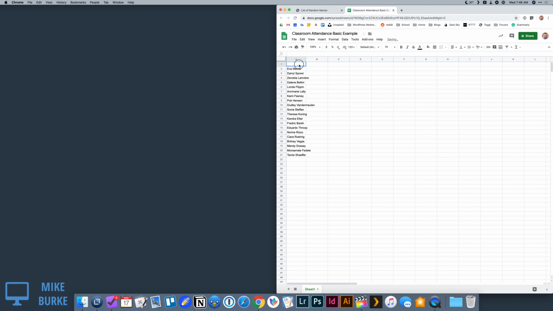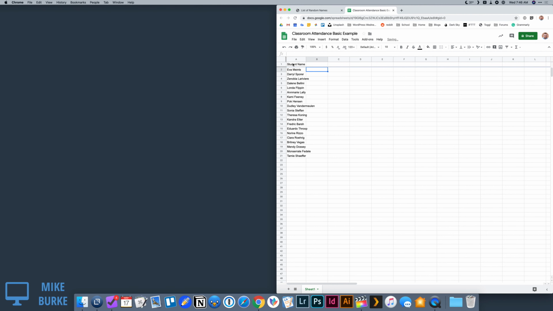And so I'm going to put my header up here, and I'm going to say student name. And a great best practice for spreadsheets, especially in Google Sheets, is to use this freeze row function. So I'm going to click this dark row, and you see it goes all the way across. I'm going to drag it down, and that's going to make the first row always be visible. So I scroll down, even though I can't see Ava's name anymore, I can still see the header for my information, which is right there.